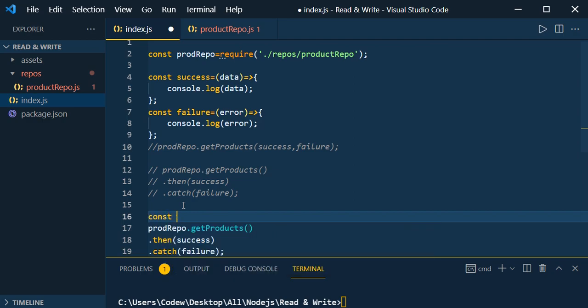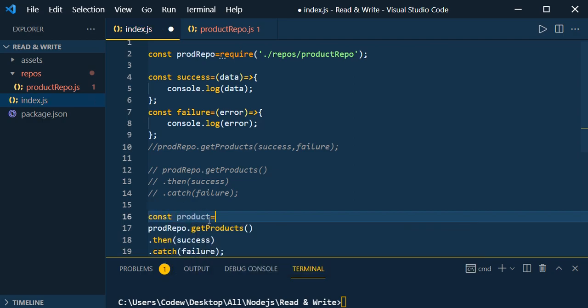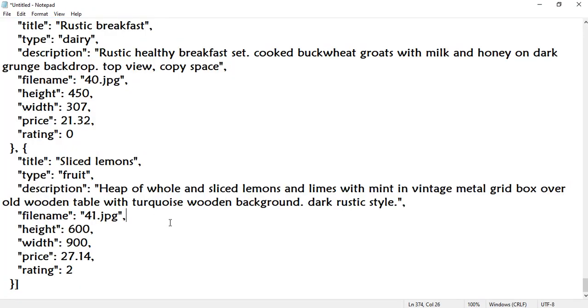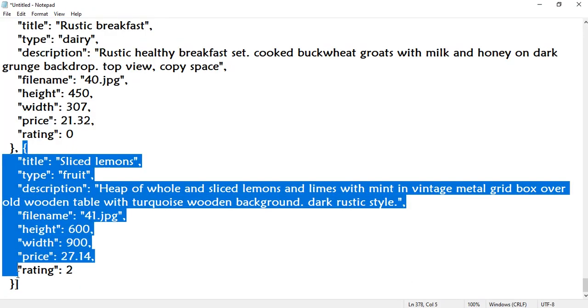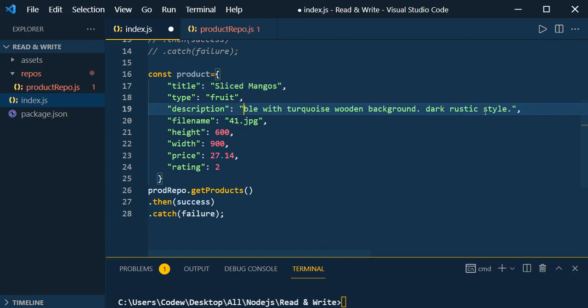Create one product object. So product equal to, and we have the JSON data, right? So let us take one sample data. Here instead of sliced lemons, let's say mangoes, and here let us change the description so that we can identify the product that we created newly.